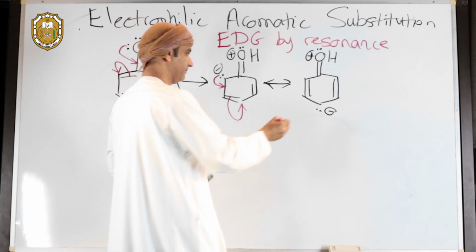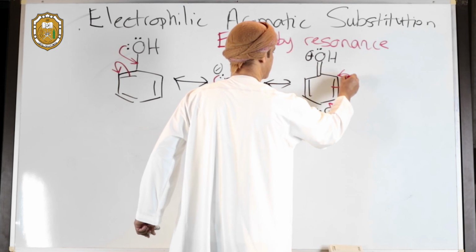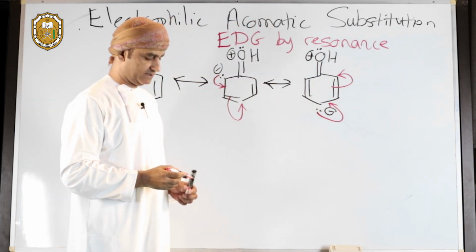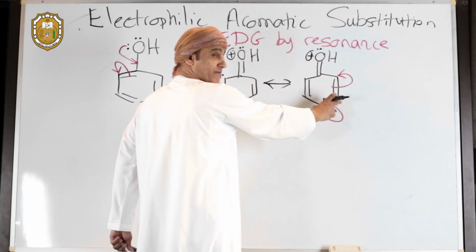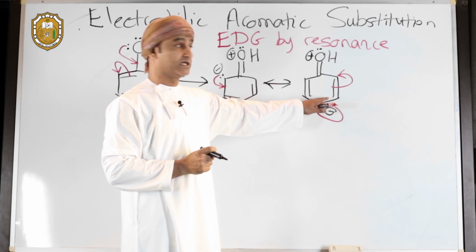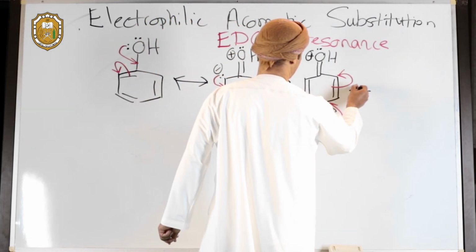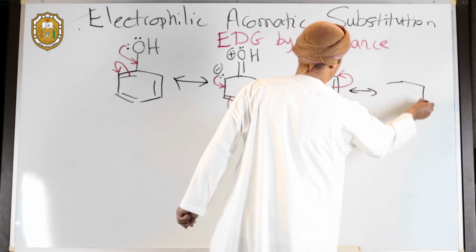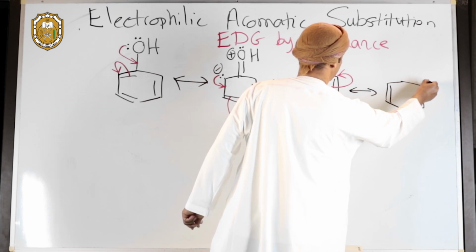We can continue in the same manner by delocalizing electrons on the benzene ring by taking this lone pair and now making a double bond between that carbon and that carbon, and as a result breaking that carbon-carbon double bond. Now this will give us an additional resonance form